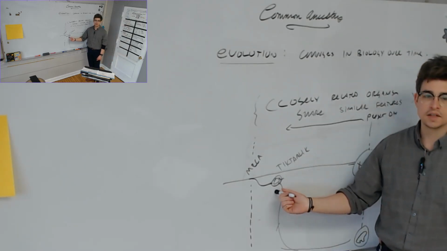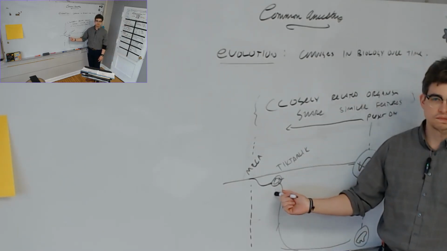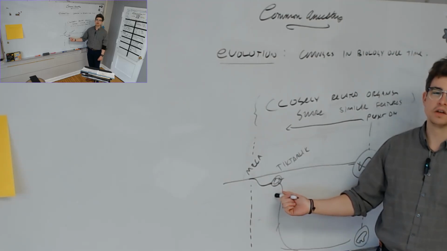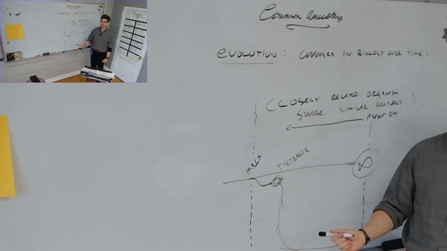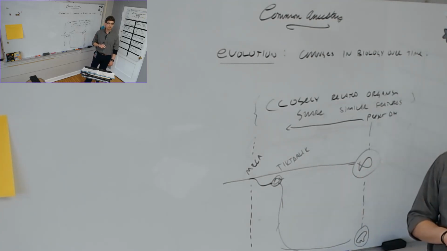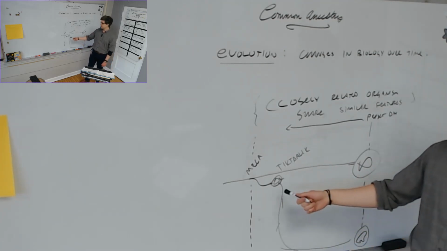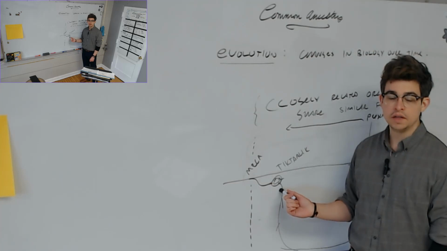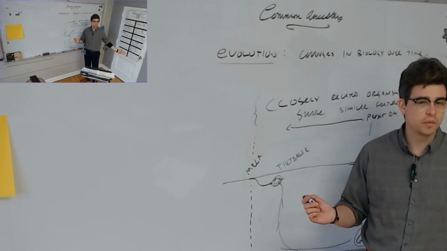Maybe we find a Tiktaalik in a rock that's, let's say, 360 million years old. Is that right? 350 million years old. We'll say we find the fossil of Tiktaalik in a rock that is 350 million years old. Don't quote me on that. But we find that rock, and we date the rock. How do we date rocks? Do you remember? We use what kind of stuff?